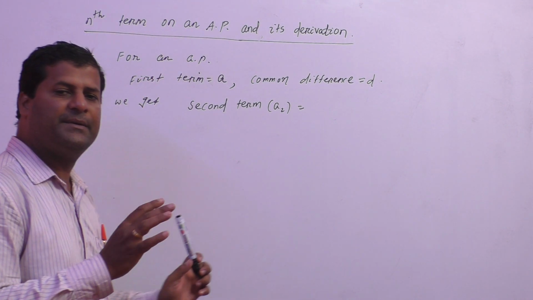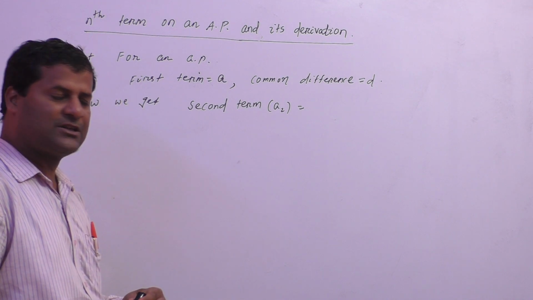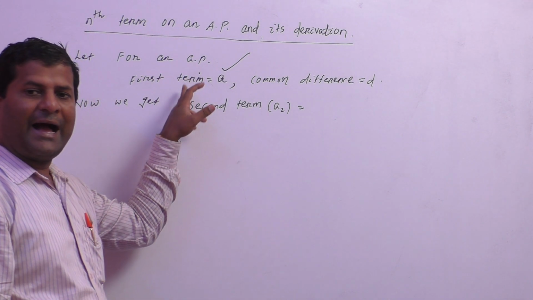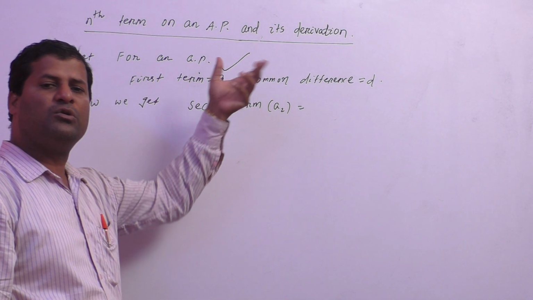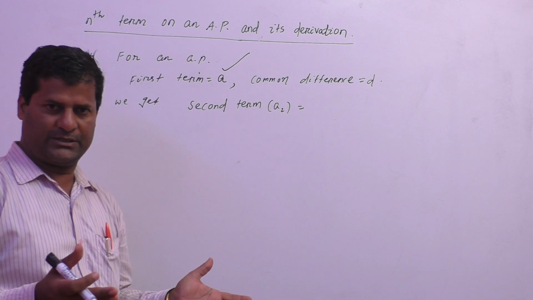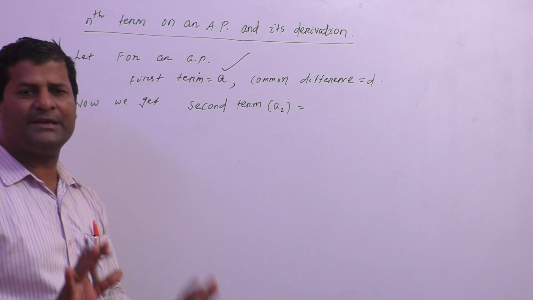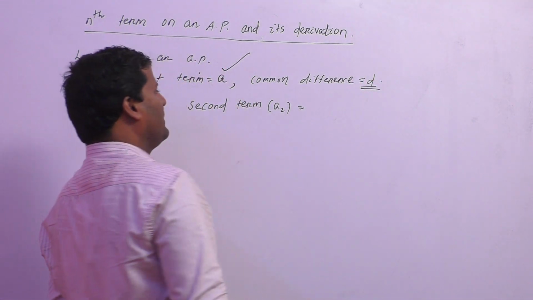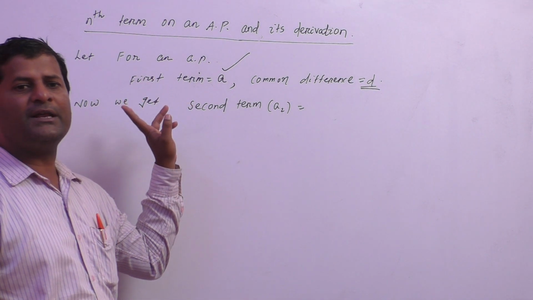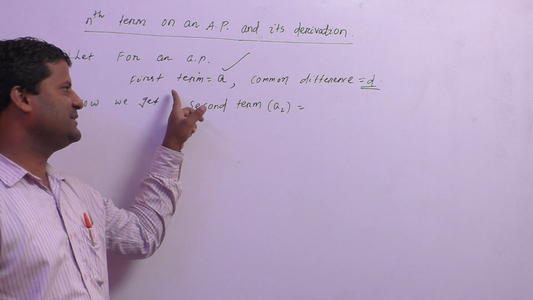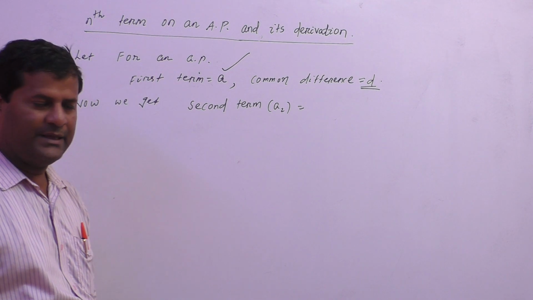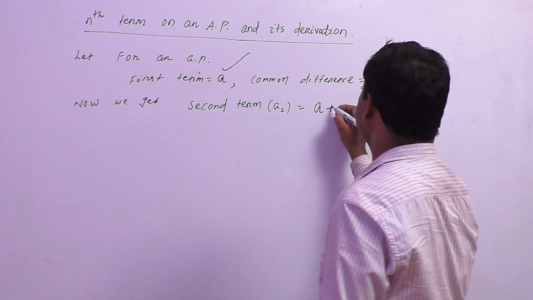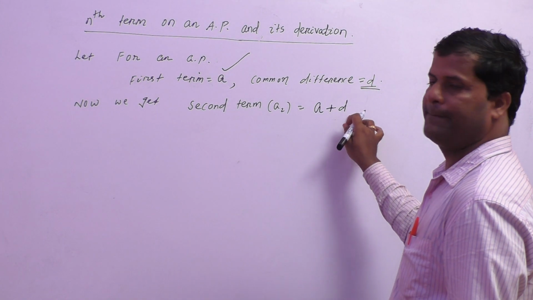Suppose a sequence is given in AP. It must have its first term. The first term of an AP is taken as a. As we know that the difference between two consecutive terms of the AP is every time a constant, take the common difference as d. Now, for a sequence to be in AP, the first term is a, the common difference is d.